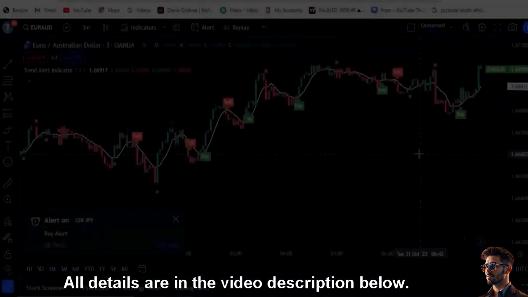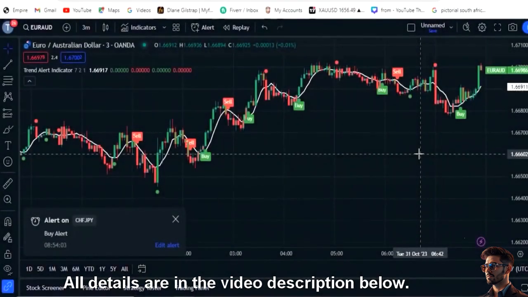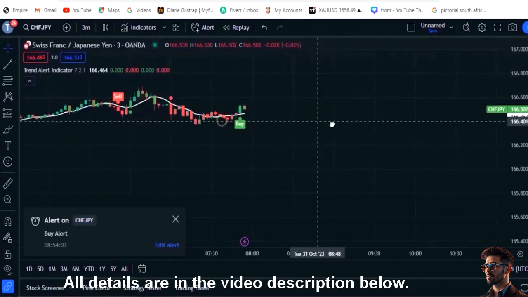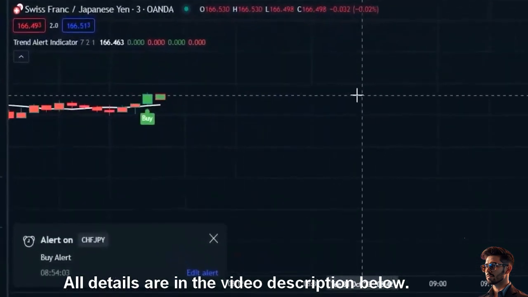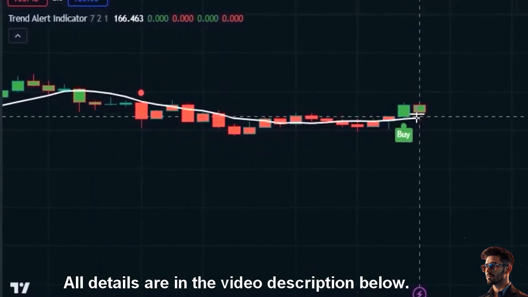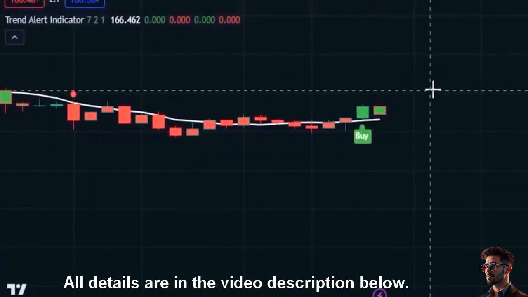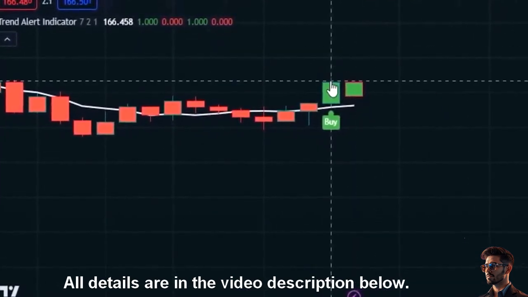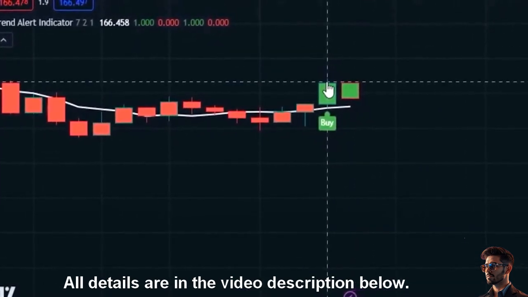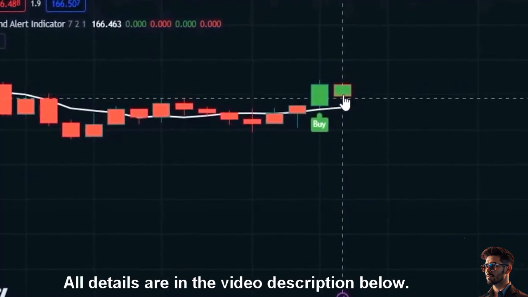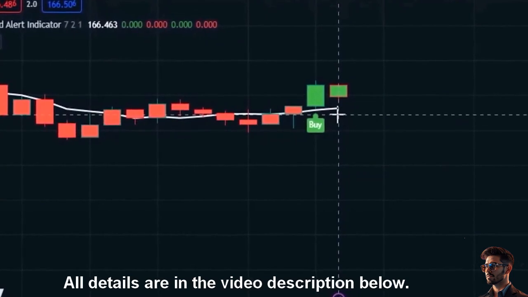All right. Okay guys, I just received my first alert for CHF JPY, so let me check this out. Let me zoom this so that we can see clearly. As you can see right here, this is what I was talking about the other time. The candlestick is not really strong, but the most important thing is the second candlestick here, which is actually trying to reverse back on the downtrend,